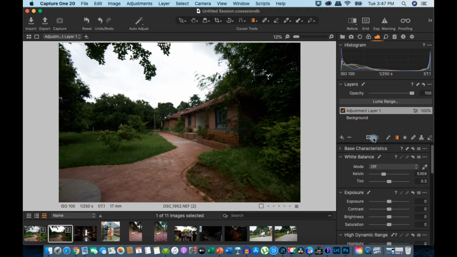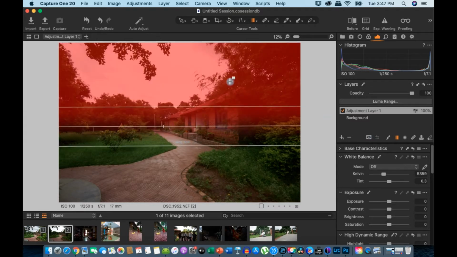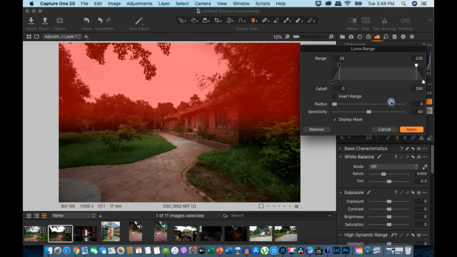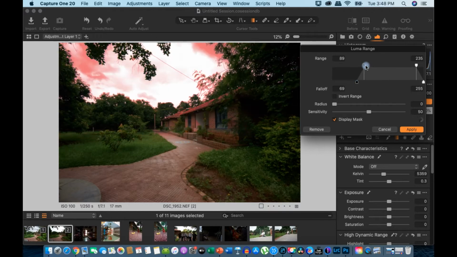Now if I hit M on the keyboard, I will get the mask. Again, we want to select only the sky, not the trees or the building. So I will go to Luma range and remove the brighter pixels from the selection. This has gone a little too much.